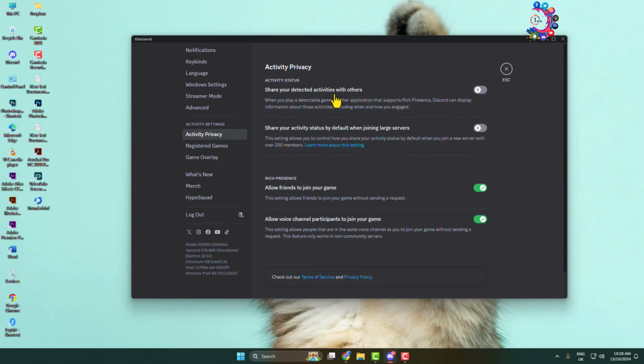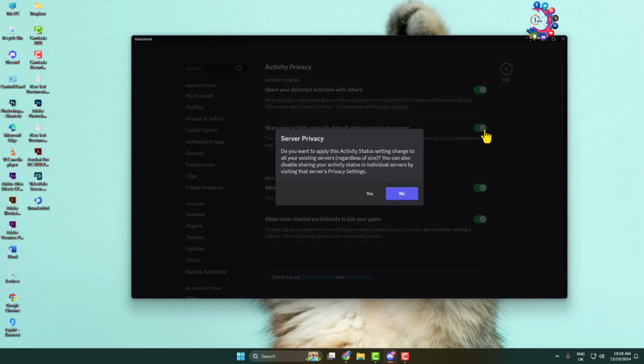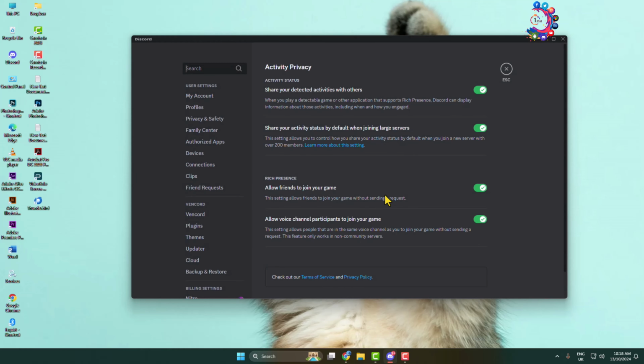And here you have to enable this option, Share your detected activities with others. Also enable Share your activity status by default when joining large servers. Click on Yes. And now go to